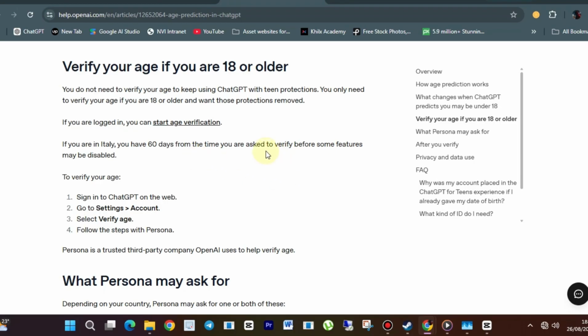It's important to understand that you don't necessarily need to verify your age simply to continue using ChatGPT. If your account is already working with the appropriate protections enabled, you may not need to take any additional action. Age verification may be relevant if you're 18 or older and want ChatGPT to determine whether those protections should be